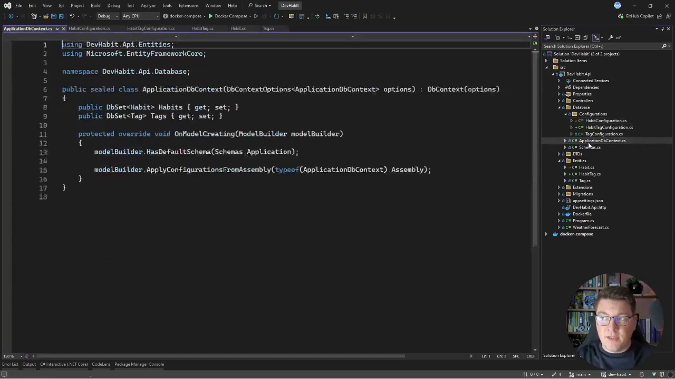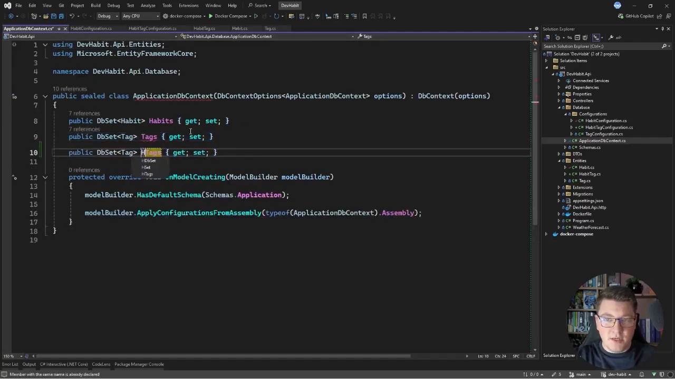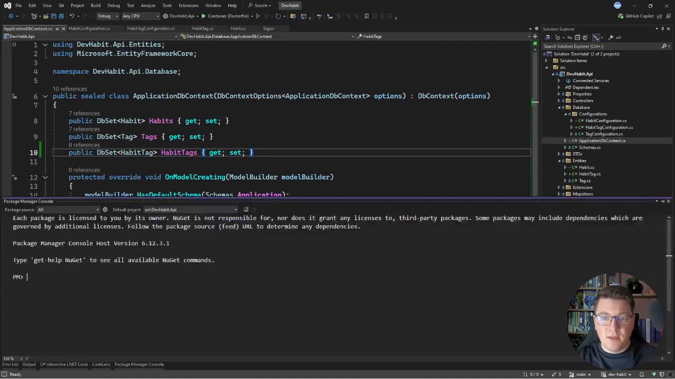Then inside of my database context, let's go ahead and introduce another database set. Let's call it the habit tags, and the type will be the habit tag entity. And now I can introduce my database migration. So I will change the startup project to devhabit API. Then I'm going to say add migration, and let's call it add habit tags to represent the new table that we are introducing. And I'm going to output this to